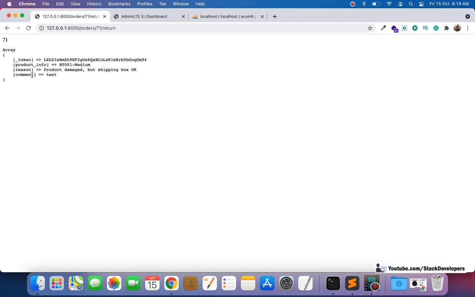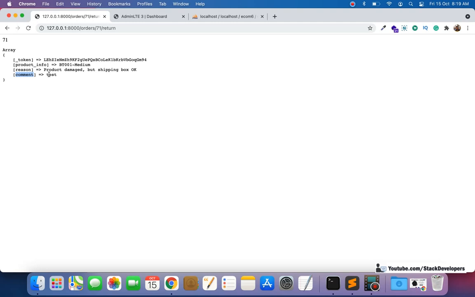And this is the comment. This is not mandatory, the user can give a comment as well, so that the return will get approved. If the user gives a valid comment, then it will be really good for the admin. Okay, so these are the details that the user filled in while returning the item.